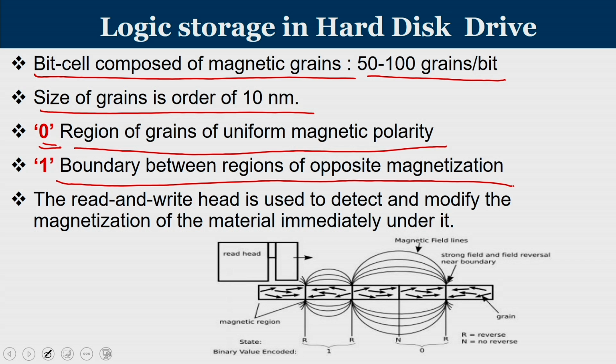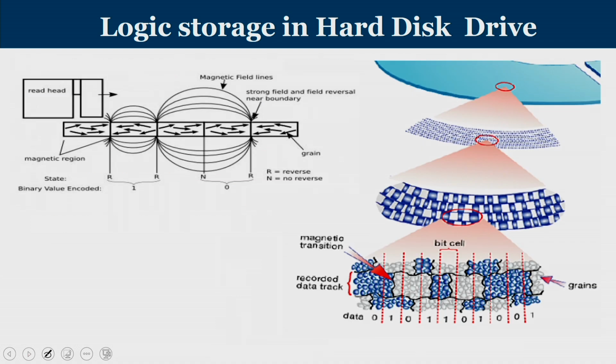Here you can see this is a boundary of one region, and these boundaries are points where on either side of the boundary you have different magnetization. Here the magnetization is in this direction, whereas in this case it is different. So, when there is a difference, because of opposite magnetization, we call it 1. Now, if you look at this case, you can find that they are in the same alignment. So, this junction will represent 0. So, 0 means they are of uniform magnetic polarity, and 1 means they are of opposite magnetic polarity.